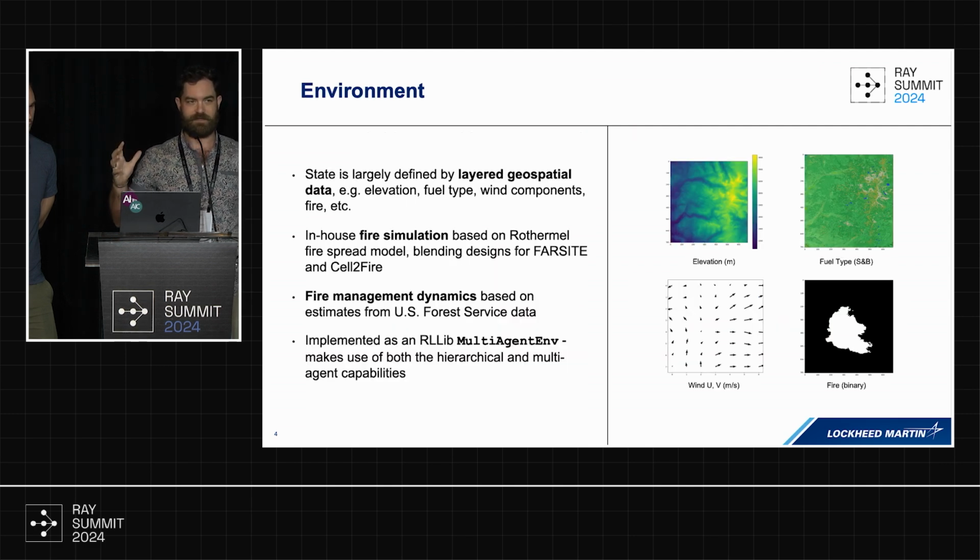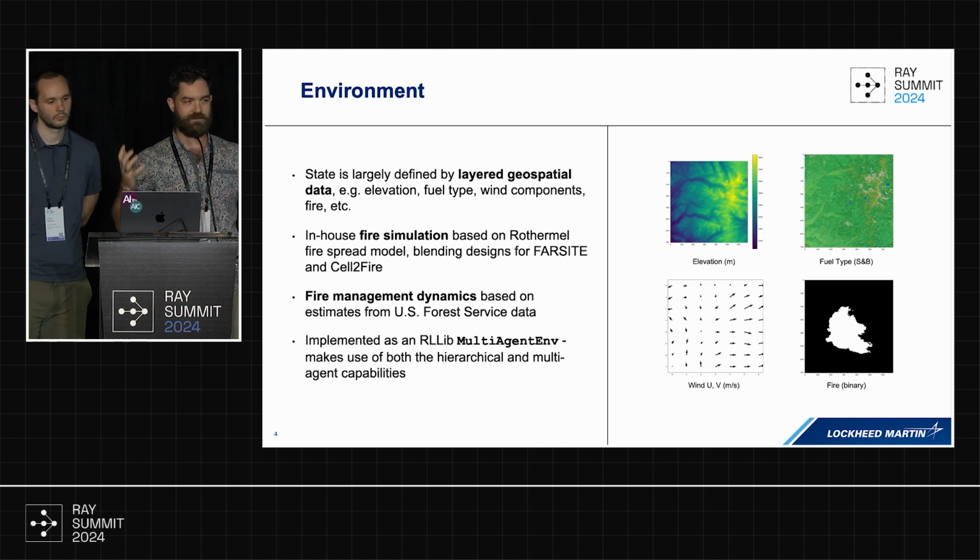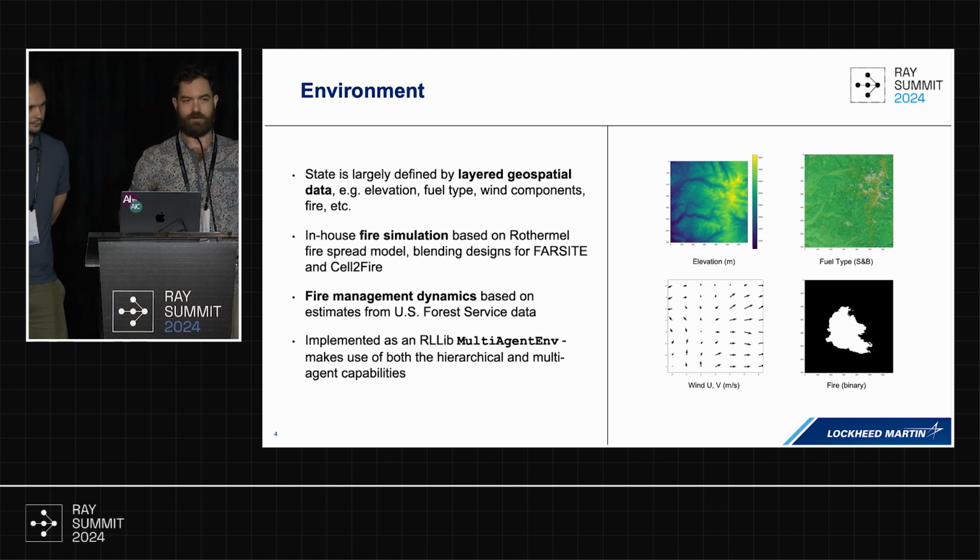Okay, let me talk about our simulation. We have built a simulation that's basically just a bunch of layers of geospatial data. So we have our topography, we have our wind, the actual fire, including the heat perimeter and stuff like that. We have what we call fuel, which is basically the trees and the grasses, all the different things that might burn. Those are classified into different kinds of